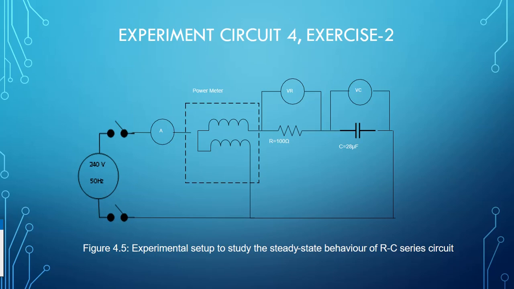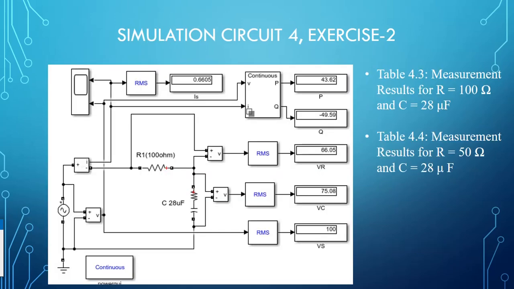Here there is a variable input supply, ammeter, and voltmeter. Let's see the example simulation circuit. This consists of a variable supply, R and C. For simulating, if you simulate the capacitor, you need to put a small value of R in series. If you use the capacitor alone, your running time will take a long time. Then you need to fill in the data in tables 4.3 and 4.4.